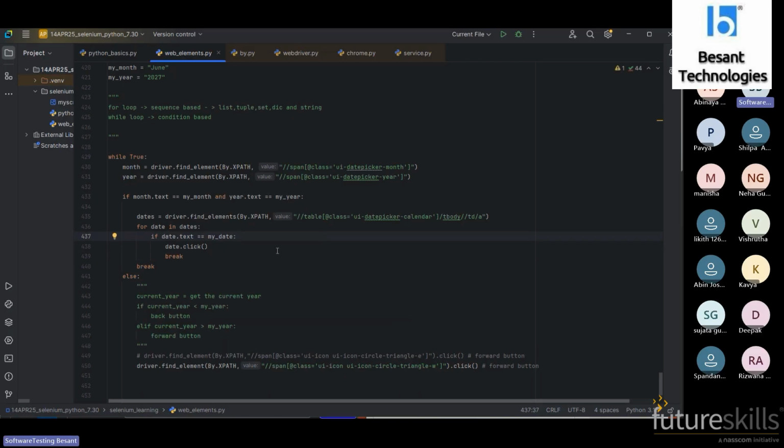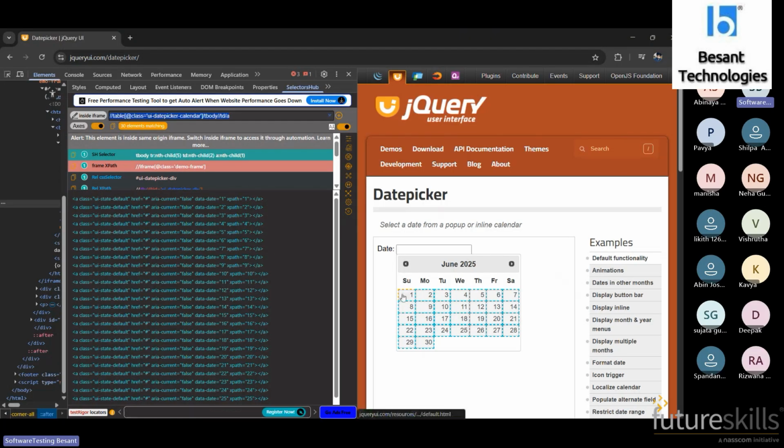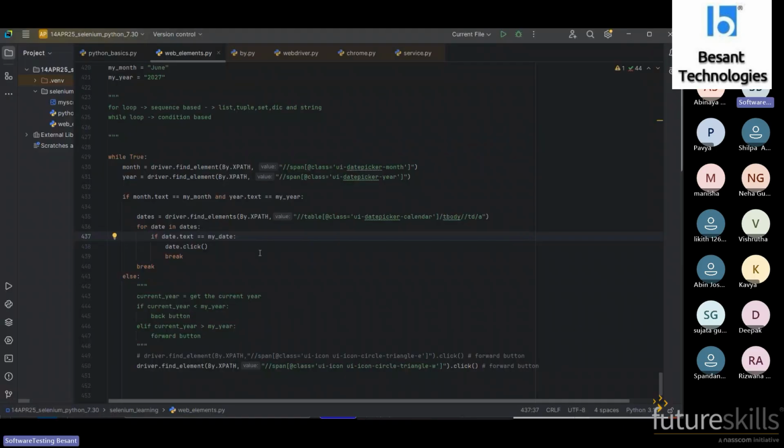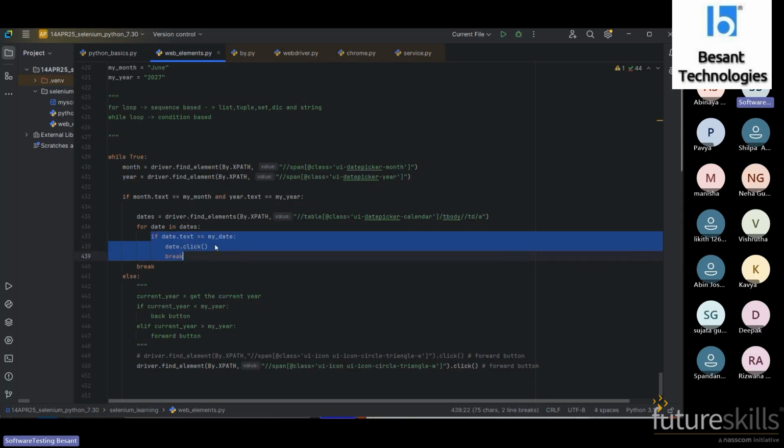Because, for example, here we have 30 elements. If I want to click one, it will click that one, but unnecessarily the loop will keep running for the remaining 29 elements even though the condition is not matching. The loop would run 29 times unnecessarily. So we want to make sure that once the date is matched, we break the loop.